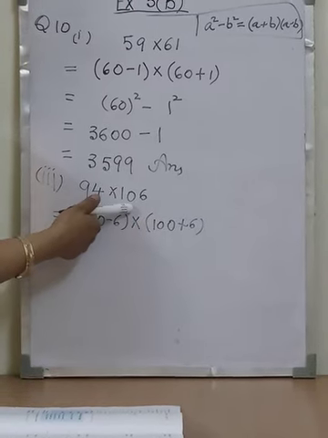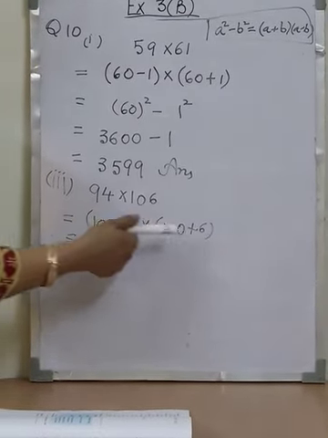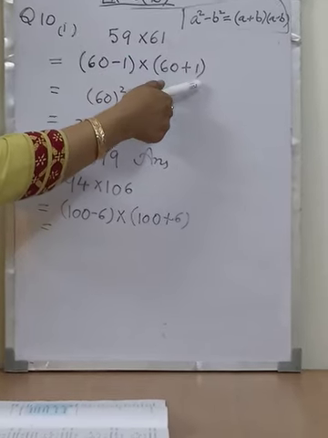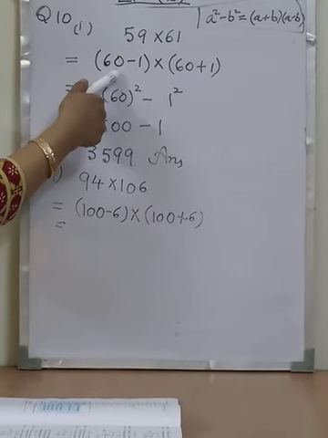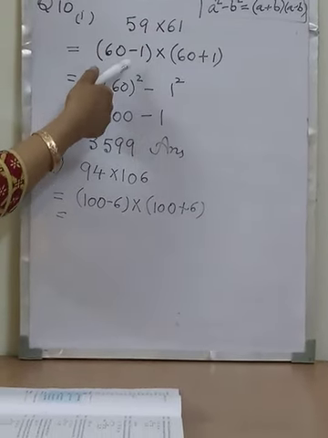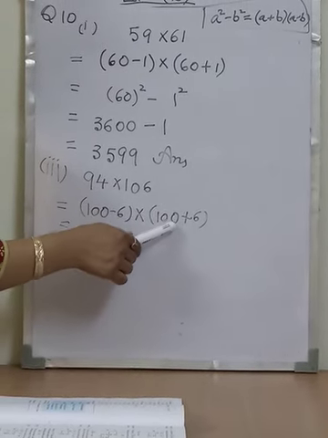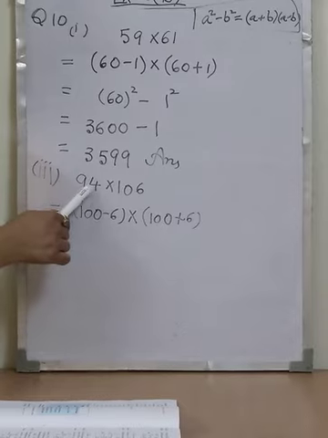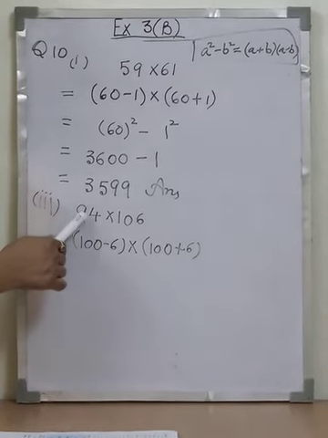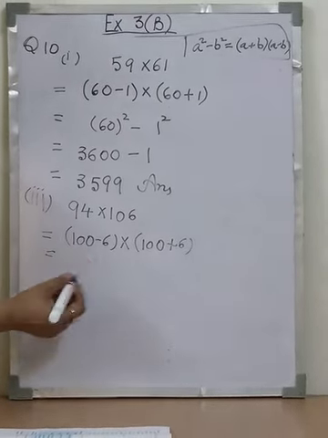See, the bigger number will give you the idea of what to write here. As 61 shows 60 plus 1, check it out with this 60 minus 1. It is 59. This is correct. Now again 106, that means 100 plus 6. So it must be 100 minus 6. 100 minus 6 is 94. So this way we write.